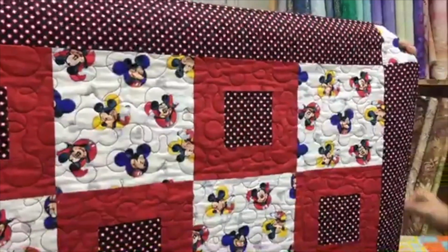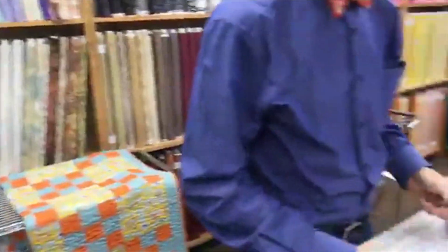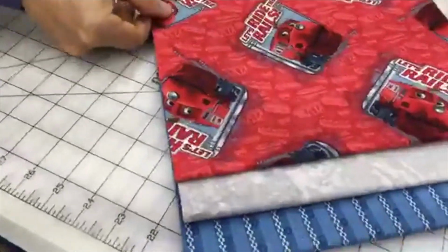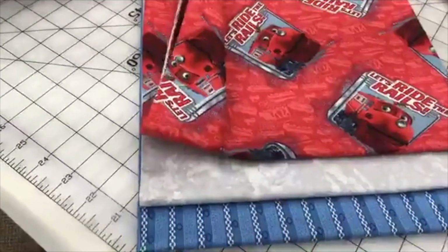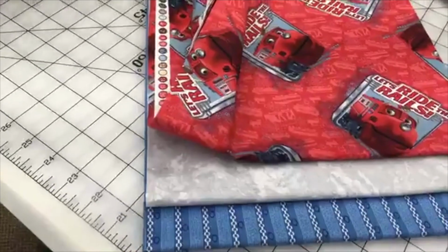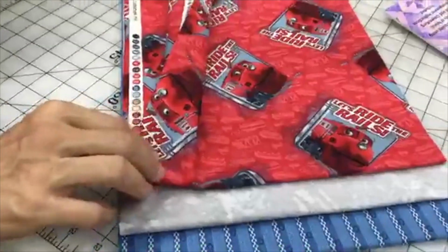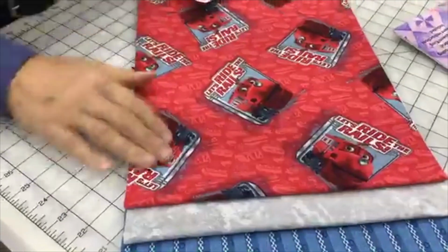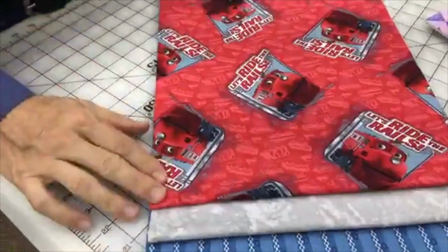So let's take a look at the suggested kit that we have here today. Is this Thomas the Train? Let's look at the subway here real quick. Chuggington. Don't know that. So we've got Chuggington here, and he's got his catchphrase of "Let's ride the rails,"